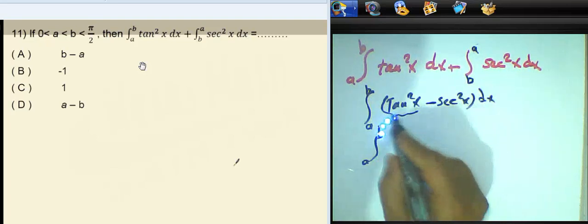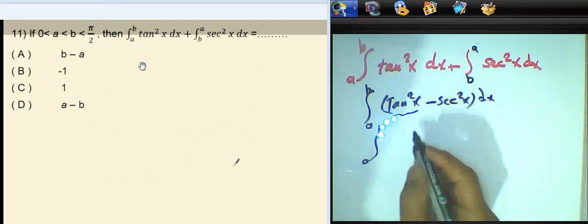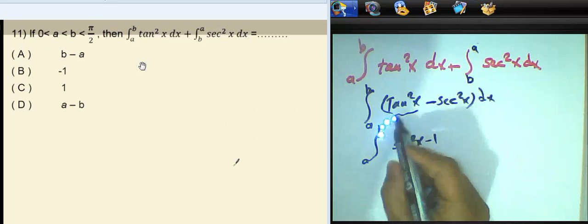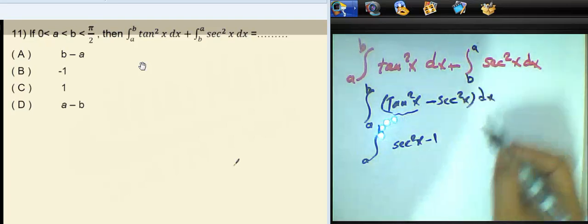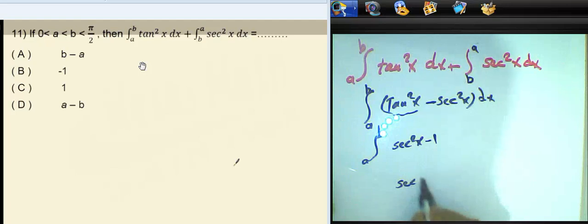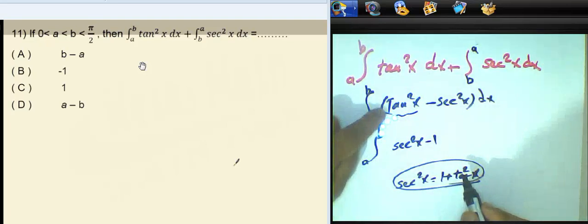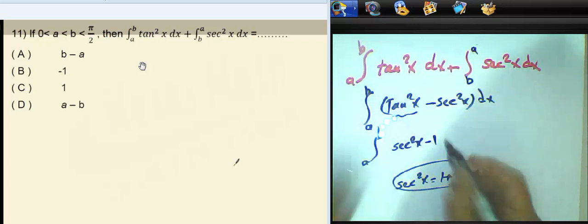this trigonometric function here, tan power 2 x, which we can write as sec power 2 x minus 1, because sec power 2 x equals tan power 2 x plus 1. Look at here, I will write the rule here. We know sec power 2 x equals 1 plus tan power 2 x. So you can cancel tan power 2 x and write sec power 2 x minus 1 here, and complete negative